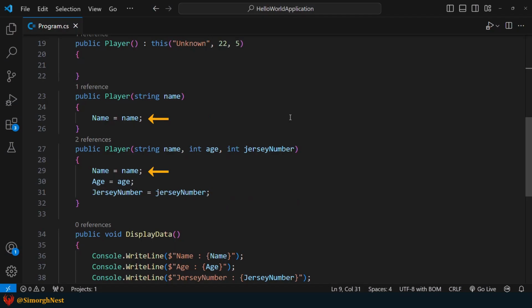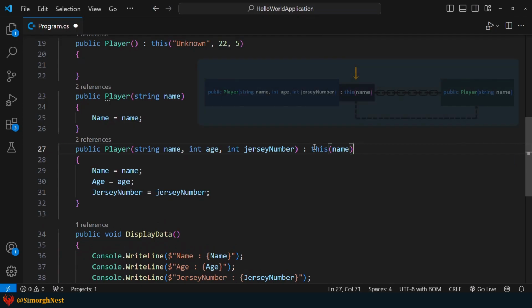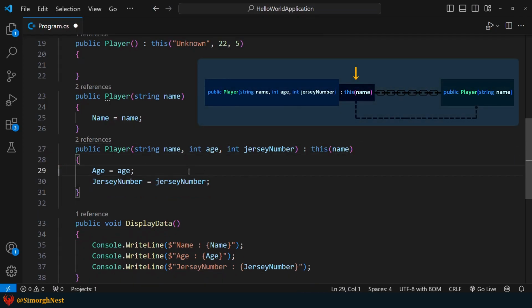Now, look at these two constructors. The name is repeated. Let's use this keyword to chain them instead. Also, the third constructor doesn't need to set name, since it comes from the second one.